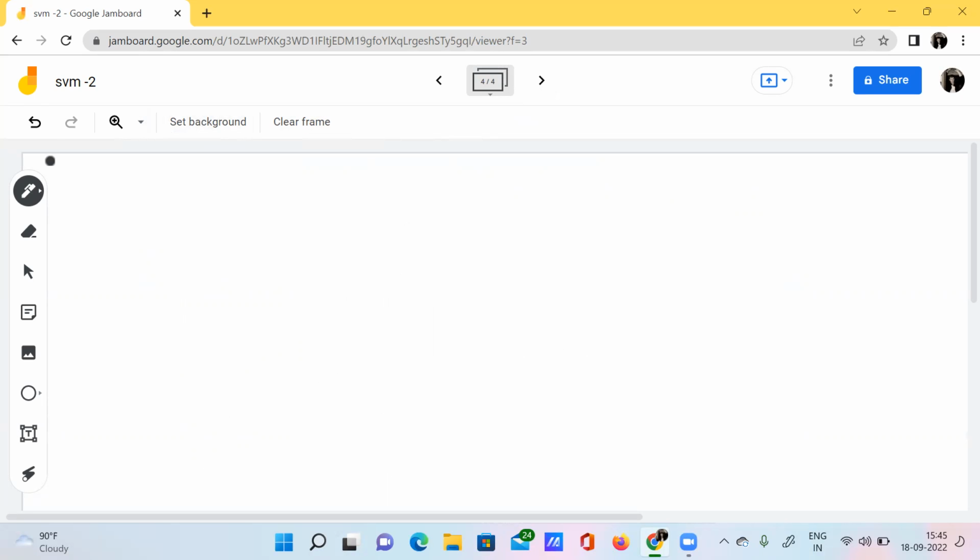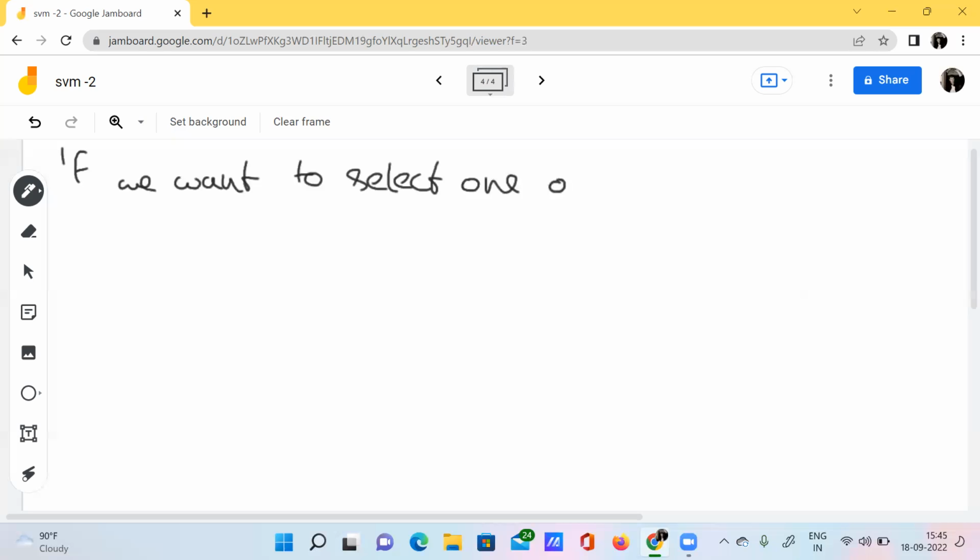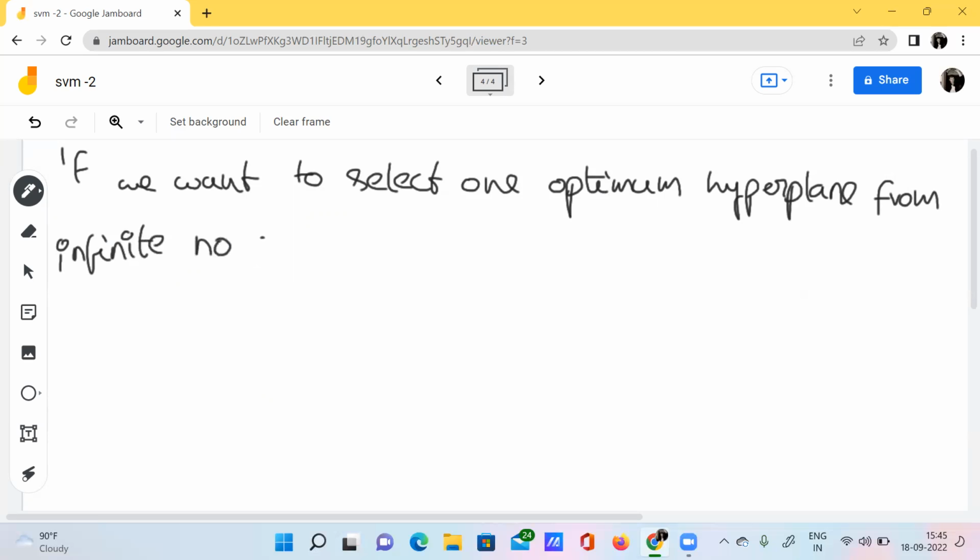If we want to select one optimum hyperplane from an infinite number of such hyperplanes, how do we do that?